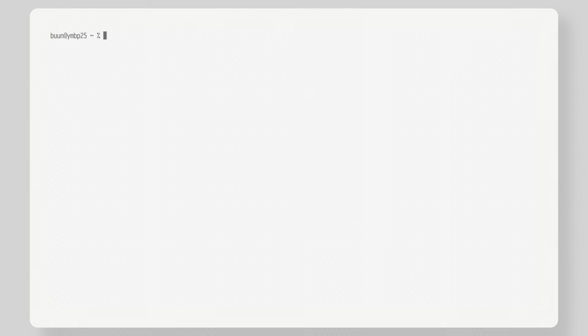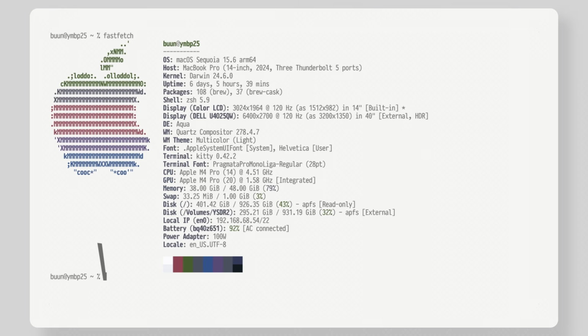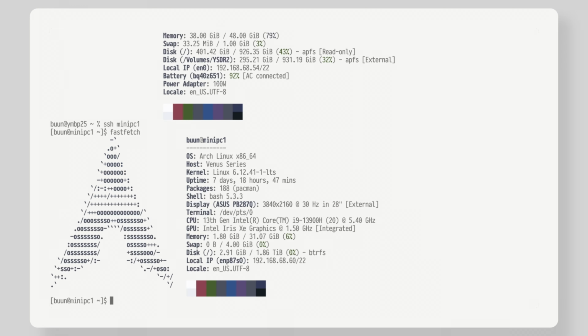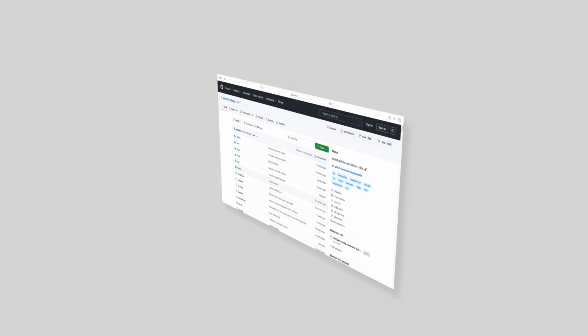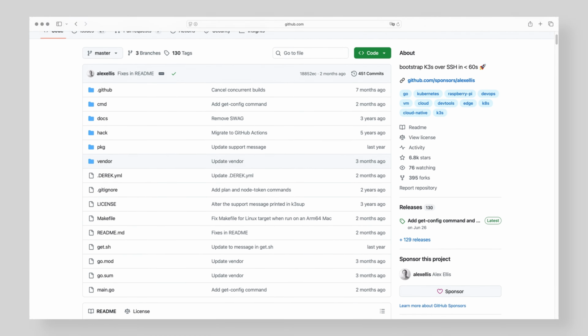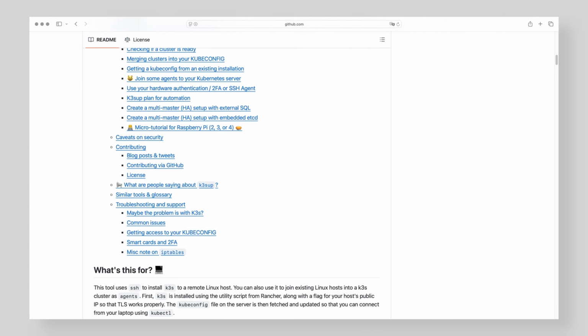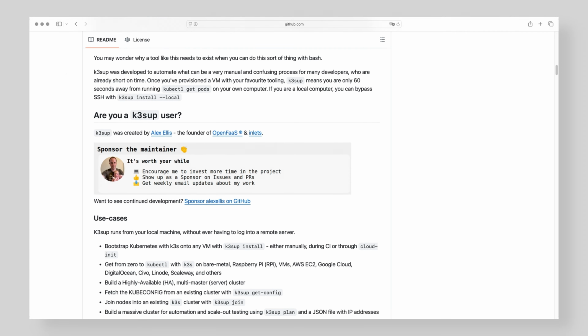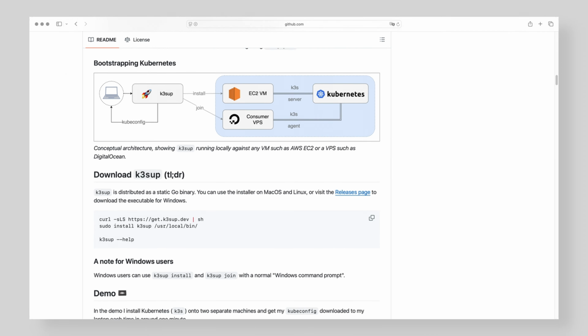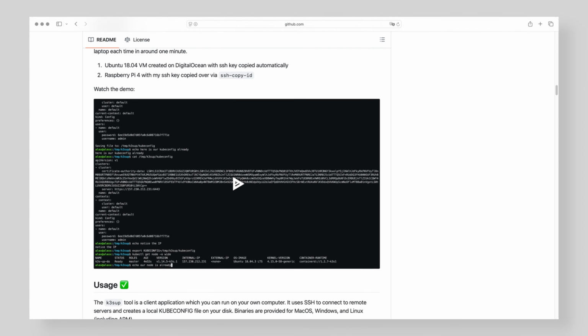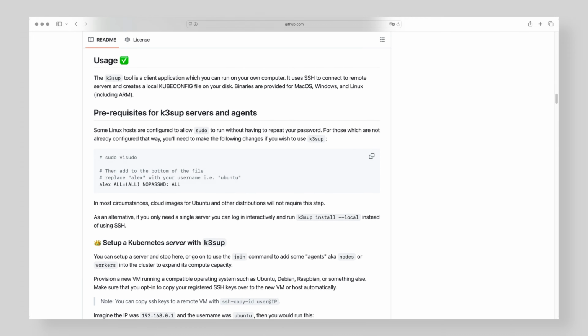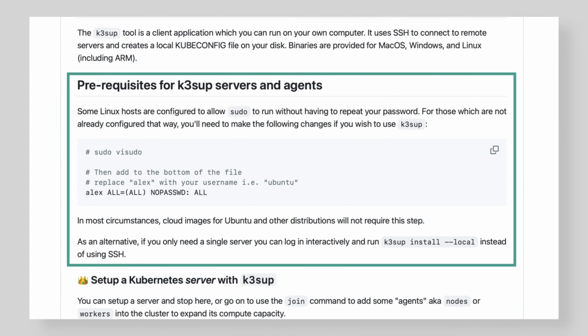Okay, let's begin setting up a cluster. I am using a MacBook Pro and connecting via SSH to the mini PC. I installed Arch Linux with archinstall, selecting the Docker profile, and configured SSHD. We will use k3sup, which installs K3s on the remote machine and creates the kubeconfig file on your local machine. To use k3sup, you must be able to SSH into the PC and run sudo without being prompted for a password. Please refer to the prerequisites section on the k3sup GitHub page.